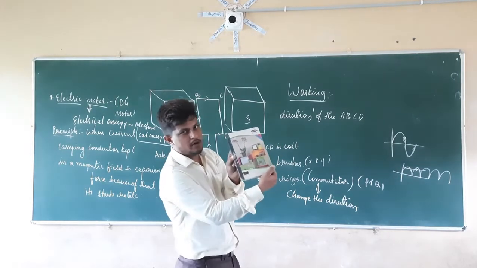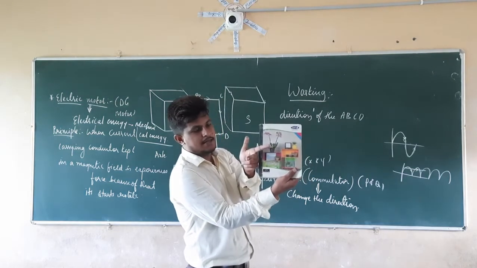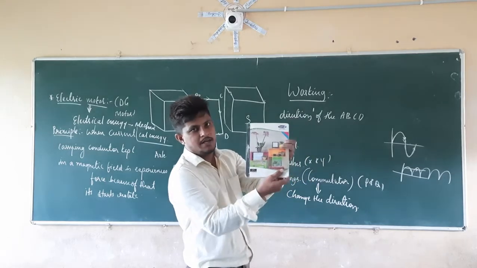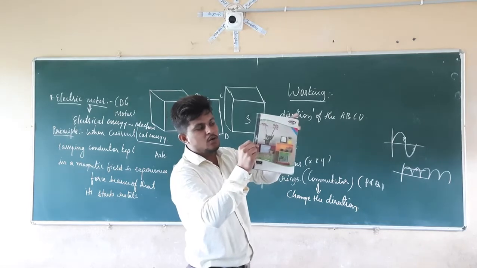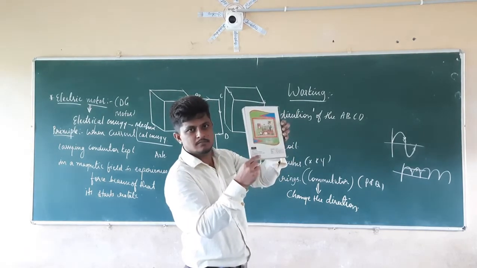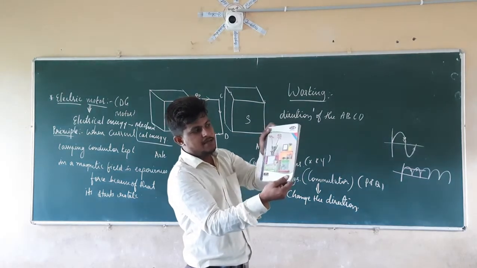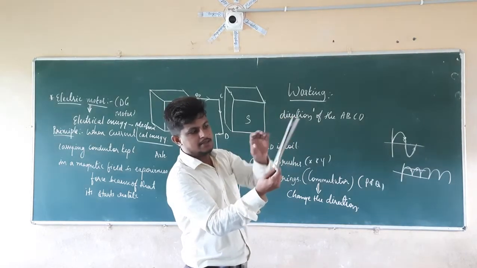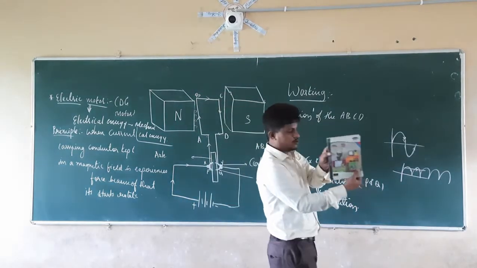Are you getting my point here? Now the direction of the magnetic field is in this direction. The direction of the current is the upward direction. Then what will be the direction of the force here? Force is acting at this point inside here. Now if it starts to rotate, the whole thing is going to start to rotate like this. So see here, this ABCD is coming like this. So after the half rotation, it is going to rotate like this.